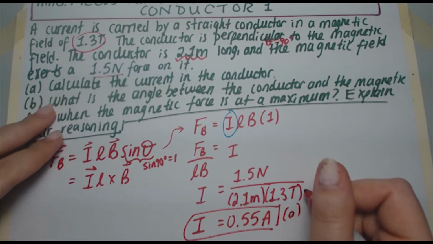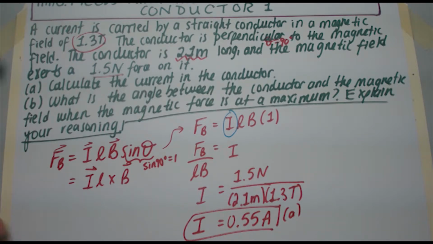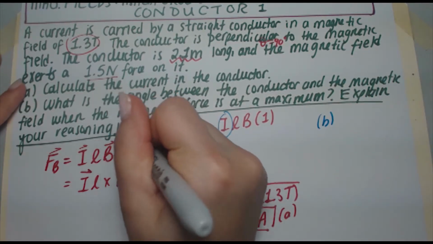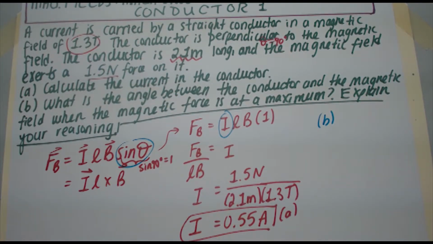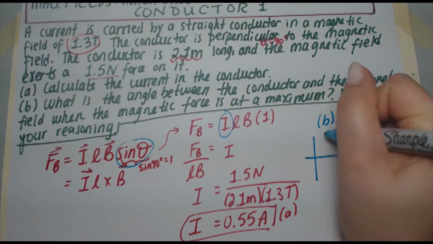Now for B, what is the angle between the conductor and the magnetic field when the magnetic force is at a maximum? Explain your reasoning. I actually did explain this in a previous video, but here I'm going to do it again. This is what controls how big the magnetic force is going to be. If you remember the graph of sine theta versus theta,